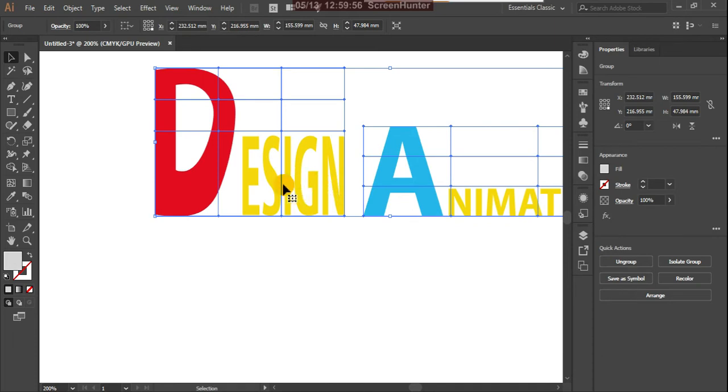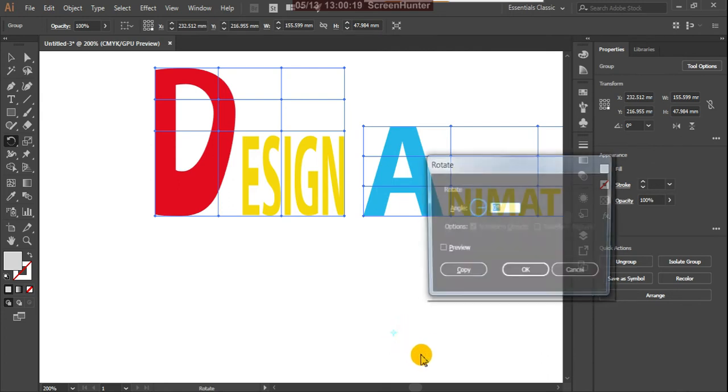First you select this, and with this rotation tool you can select, and there you will get this reference pointer. That point we have to drag down here. So by pressing Alt, drop this here, okay, and click then,